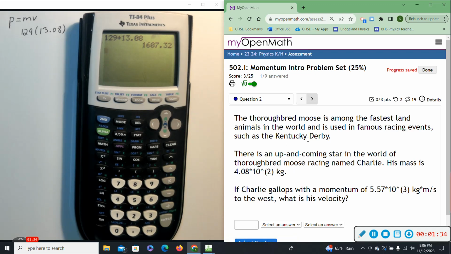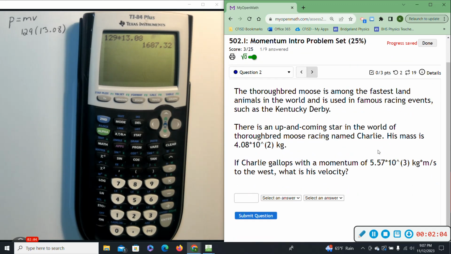Question number 2 says, the thoroughbred moose is among the fastest land animals in the world and is used in famous racing events such as the Kentucky Derby. There is an up-and-coming star in the world of thoroughbred moose racing named Charlie. His mass is 4.08 times 10 to the second kilograms. If Charlie gallops with a momentum of 5.57 times 10 to the third kilograms meters per second to the west, what is his velocity? And so whenever we take a look at this, it's very similar to the last question,